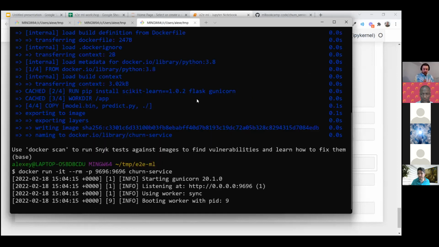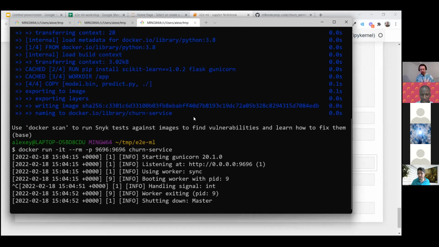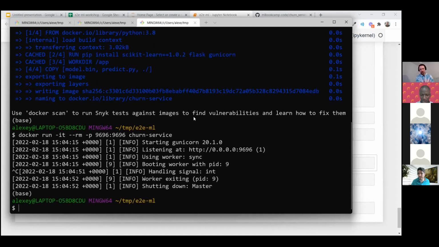Okay, I wanted to do one last step of showing how to deploy to AWS. This is relatively fast, so maybe I'll just quickly show you. I will use a service from AWS called Elastic Beanstalk.